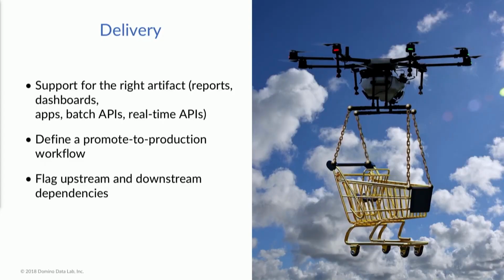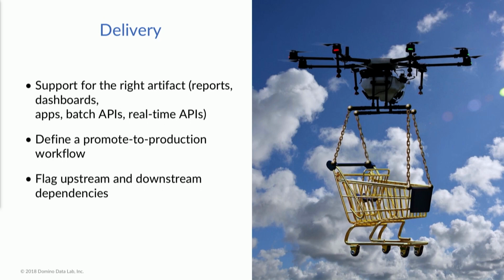Delivery is about how you deploy a model and actually start affecting the business. A lot of times data science teams only have one door. They think the only way I deploy models is recoded into Java. And as a result, you have a lot of things that are trying to cram through a very small door. So think about the right way for your data science product to be consumed by your business.